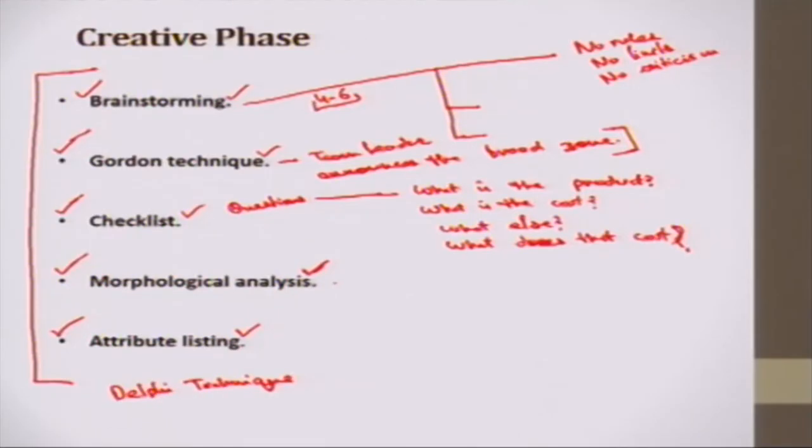Then we have morphological analysis. In this, what we do, we list the factors responsible for the product. For example, if I need to manufacture a pen, okay, I'll list the material